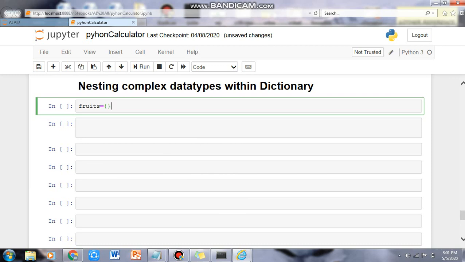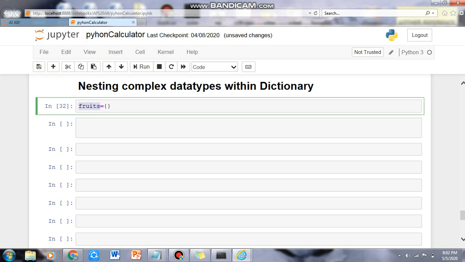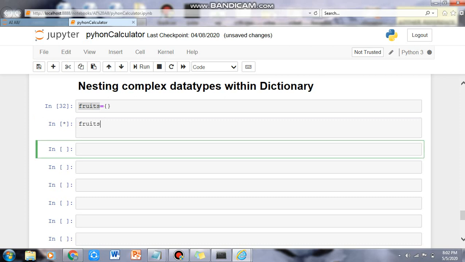This is the way that we have written an empty dictionary in the previous session. Now we press shift plus enter and an empty dictionary has been created. And now when we call it, we have the dictionary created here.